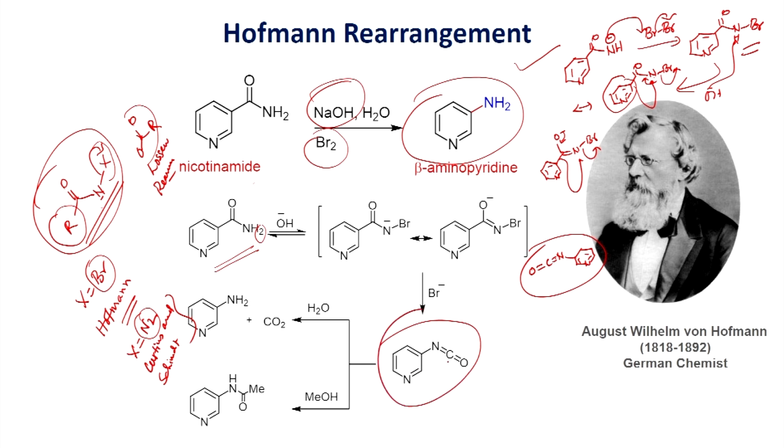Once you form the isocyanate, it can migrate here. Once you form this one, now if you have a nucleophile in the reaction medium, it can undergo an addition reaction. For example, if you add water,